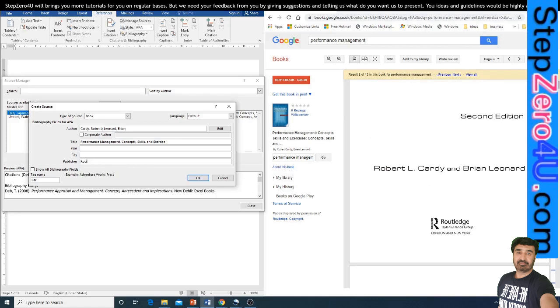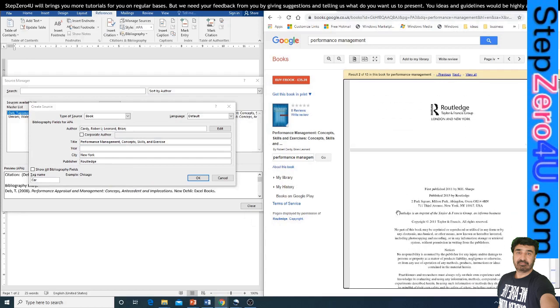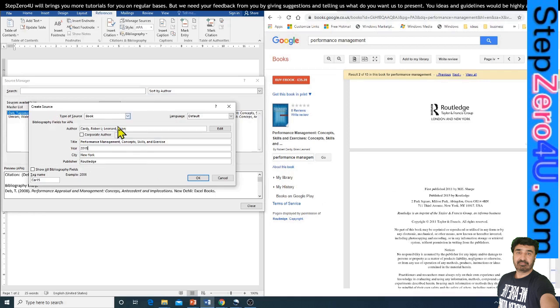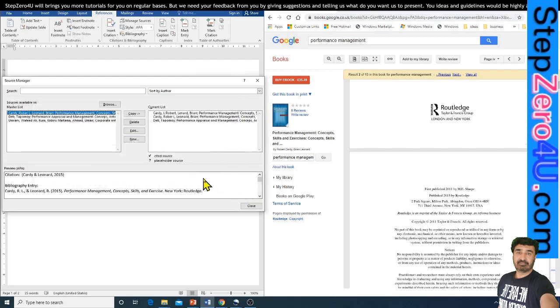Here we see the name of the publisher, Routledge, and the city is New York, and the year of publication we can find on the back page of the title, which is 2011. Okay, so we have entered one of our source information.